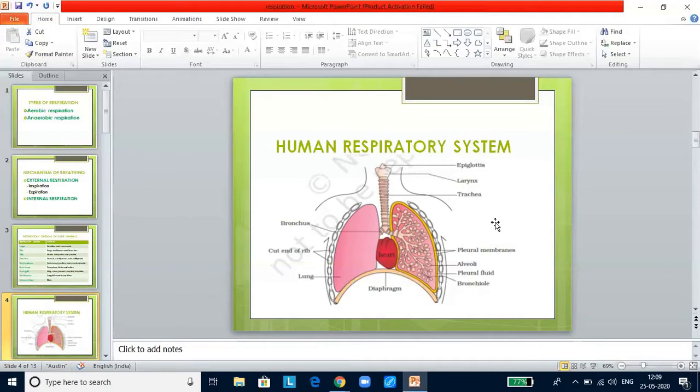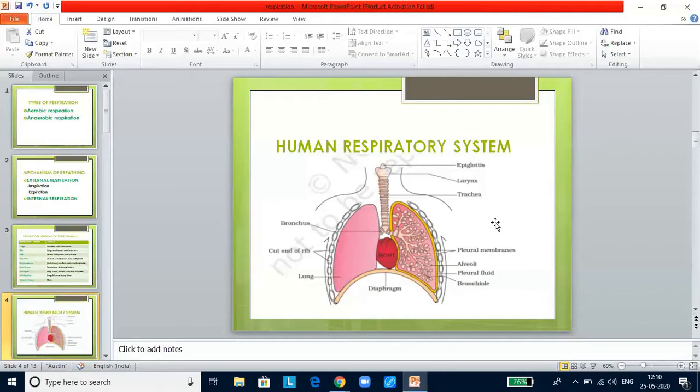Larynx contains vocal cords, the sound-producing elastic fibers, called the voice box. There is a little difference in the size of the larynx in man and woman. It grows larger and becomes more prominent in man, and then it is called Adam's apple. The human larynx consists of glottis, cartilages, hyoid bone, thyrohyoid membrane, vocal cords, laryngeal ligaments, and muscles. Glottis is an opening in the floor of the pharynx leading to the larynx. There are 9 pieces of cartilage, of which 3 are single and 3 are paired. Epiglottis is a leaf-like structure that prevents the entry of food into the respiratory tract during swallowing.